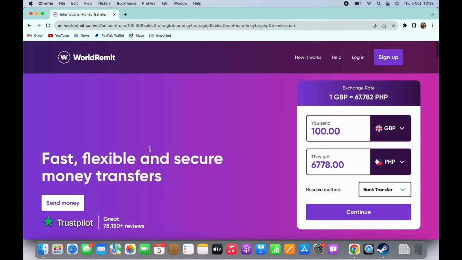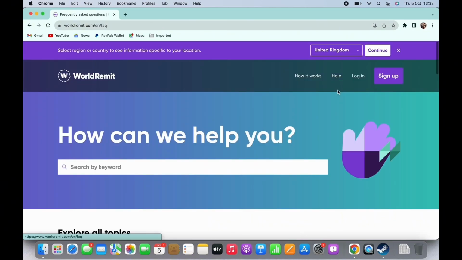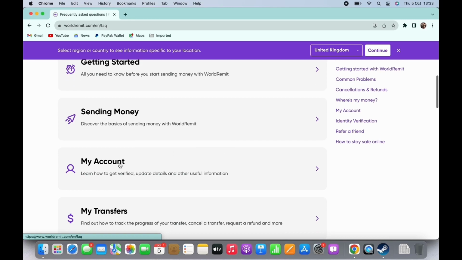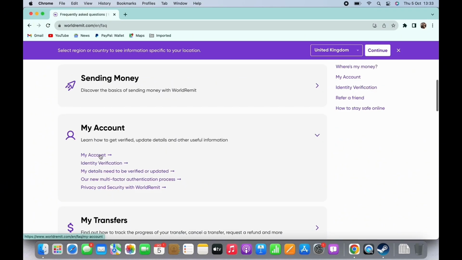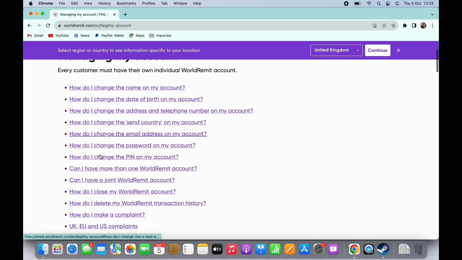And now in the toolbar, you will see the option for help. Tap on that, scroll down and you will see the option for My Account. Go ahead and tap on that and then tap on My Account again. In the interface that you are led to, you will see the option for How do I close my WorldRemit